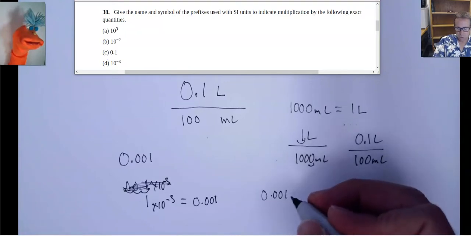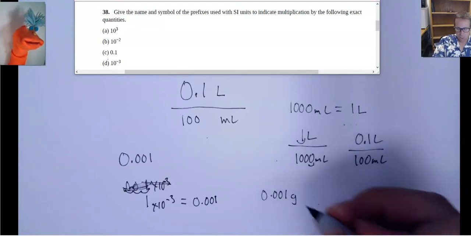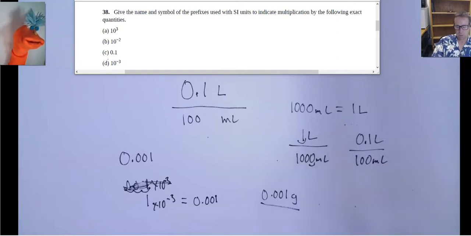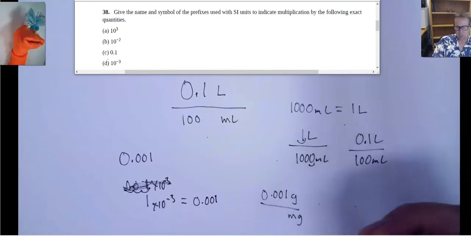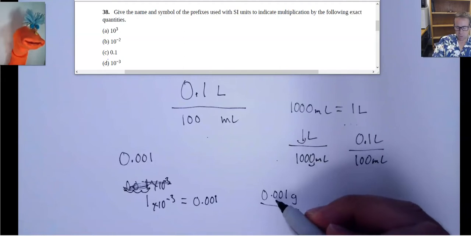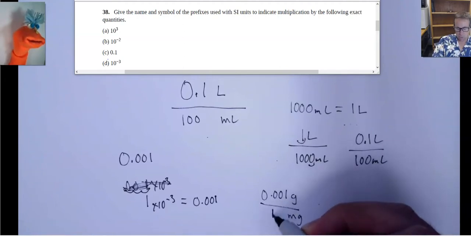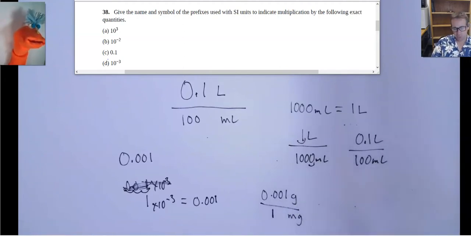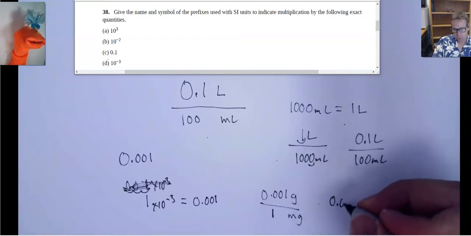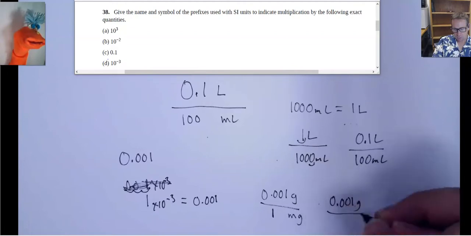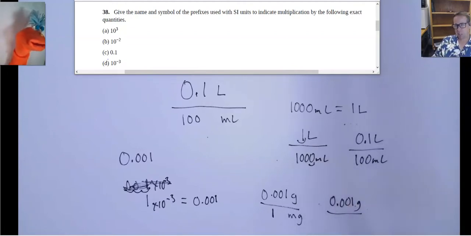All right. And I can express this, let's use grams, 0.001 grams. All right. How many milligrams is that? Milli is 3 decimal places. It'd be 1. Very good. 1 milligram. Okay, you getting the hang of it? So let's try that again. 0.001 grams. This time I'm going to express it in